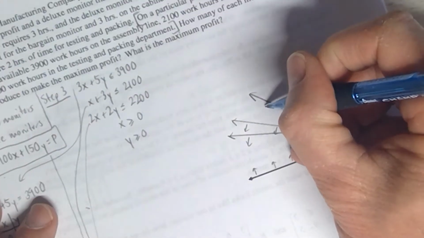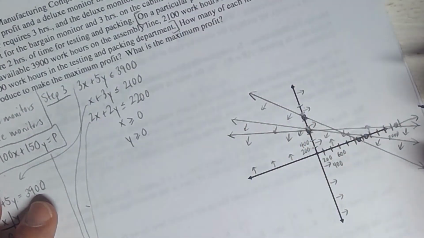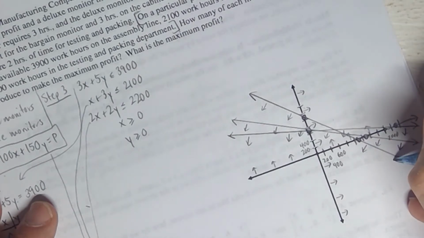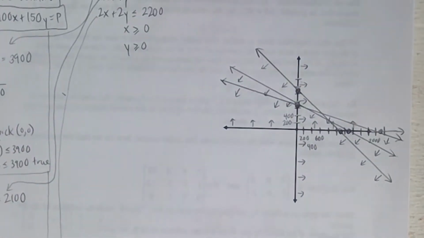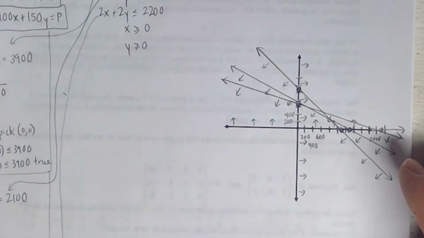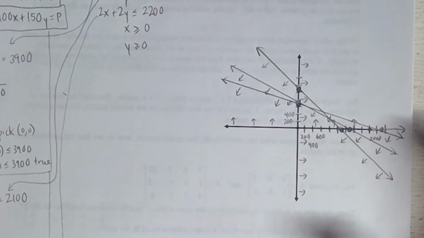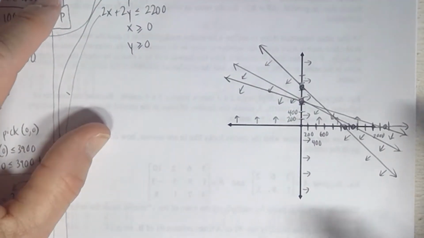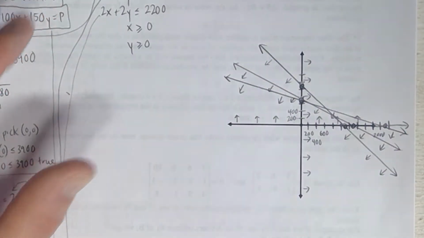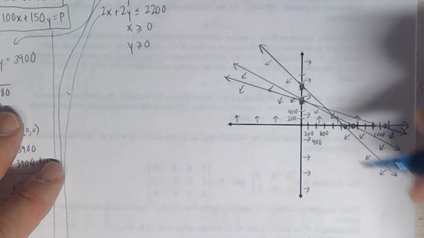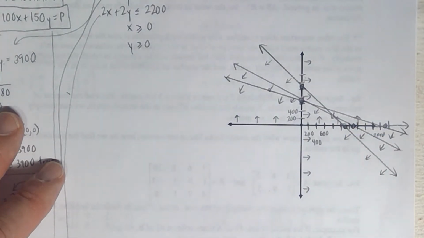And again, the arrows go what? They go down towards. Doesn't mean they always go down necessarily, but the point is that they always go towards the point you plugged in if that point is true. If the point was false, then you point away from that point that you plugged in. Okay. Similar to the last problem, you guys. Now that we have all of our inequalities on there with all the arrows indicating where the shadings are, similar to the last problem, we have a region here